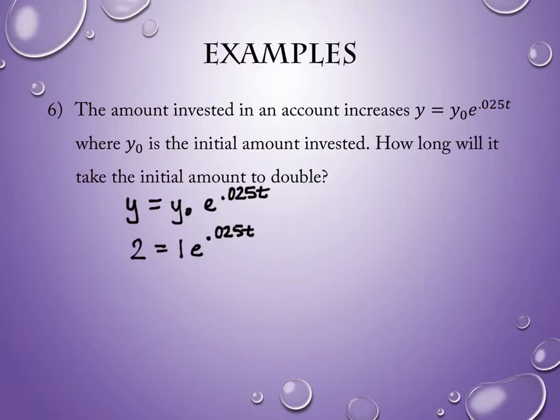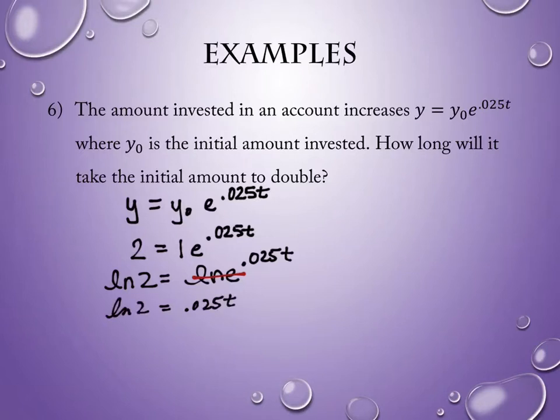So we're going to solve this just like we did before with logarithms. We'll take the natural log of both sides. So natural log of 2 equals the natural log of e to the 0.025t. The natural log of e is eliminated, and I'm left with the 0.025t. And I will divide by 0.025. Of course, that cancels this part. I'm left with my t value, and t would end up being